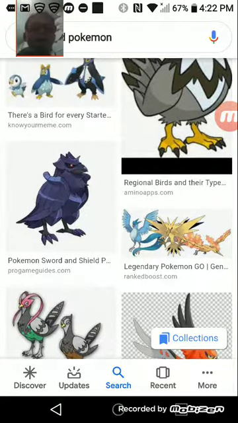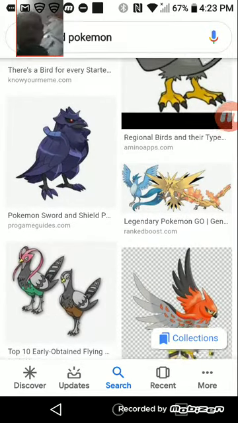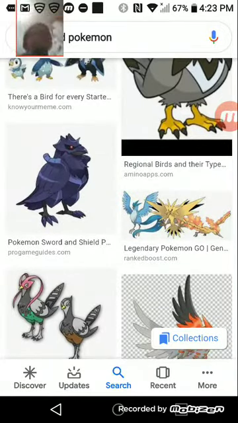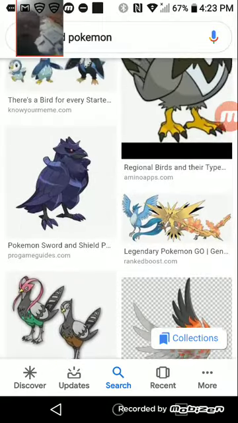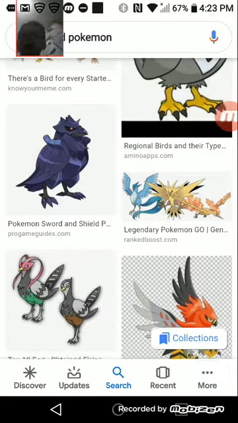But also, all of the legendary birds are good. I'm not saying Moltres is the best. All of them are so good. I've used them in Pokemon Let's Go Eevee. I believe I used Zapdos or Articuno to beat Pokemon Let's Go Eevee. I know I also used Charizard,